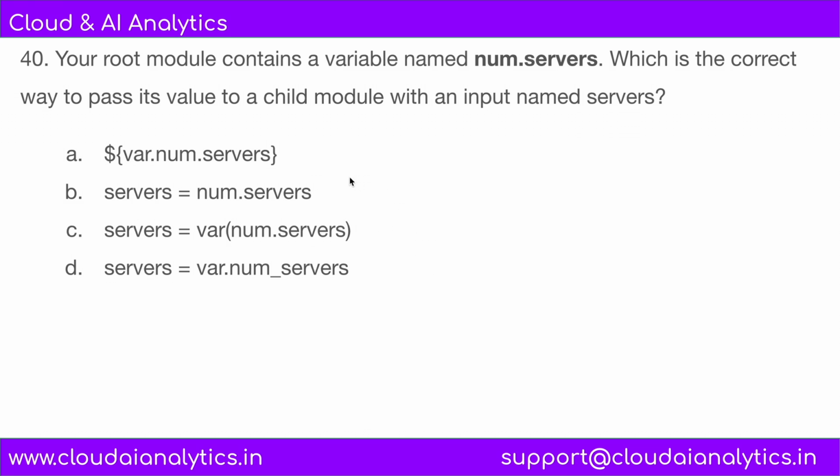So that's it. The right answer is option D, service equal to var.num_service. This is the proper way to pass the value of num_service from the root module to the child module. Now we will discuss why the other options are incorrect. This one is incorrect because it should not contain dots. The next statement is also incorrect for the same reason, and interpolation is unnecessary here. And the next option is incorrect because it doesn't have a valid syntax. So the right answer is option D, service equal to